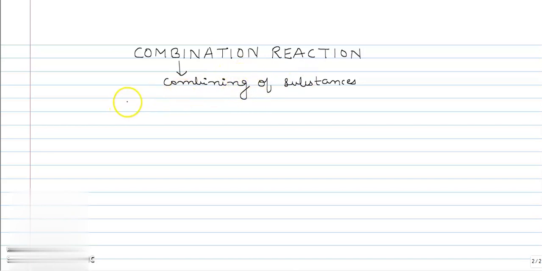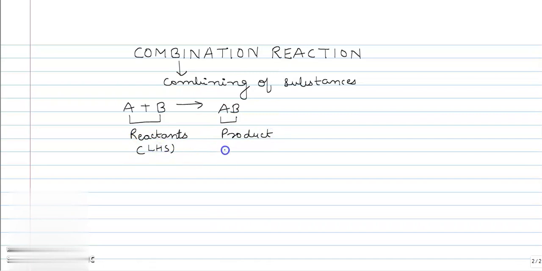So initially, if I take A, it is reacting with B. There's some chemical reaction going on, so it forms AB. So A and B, which are written on the left hand side, are called reactants, isn't it? Now AB, which is formed, is called the product. And please remember that reactants are always written on the left hand side, whereas the product is written on the